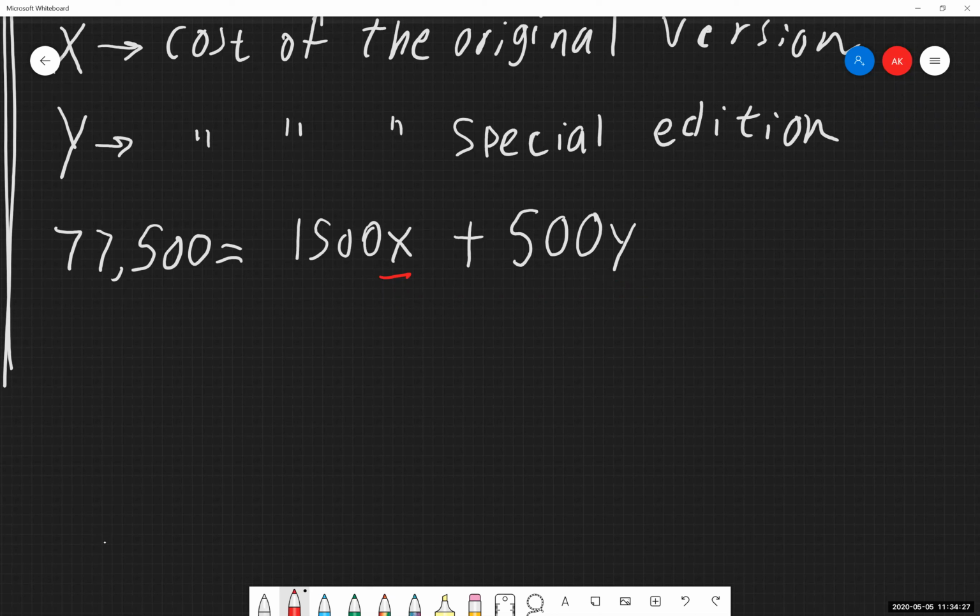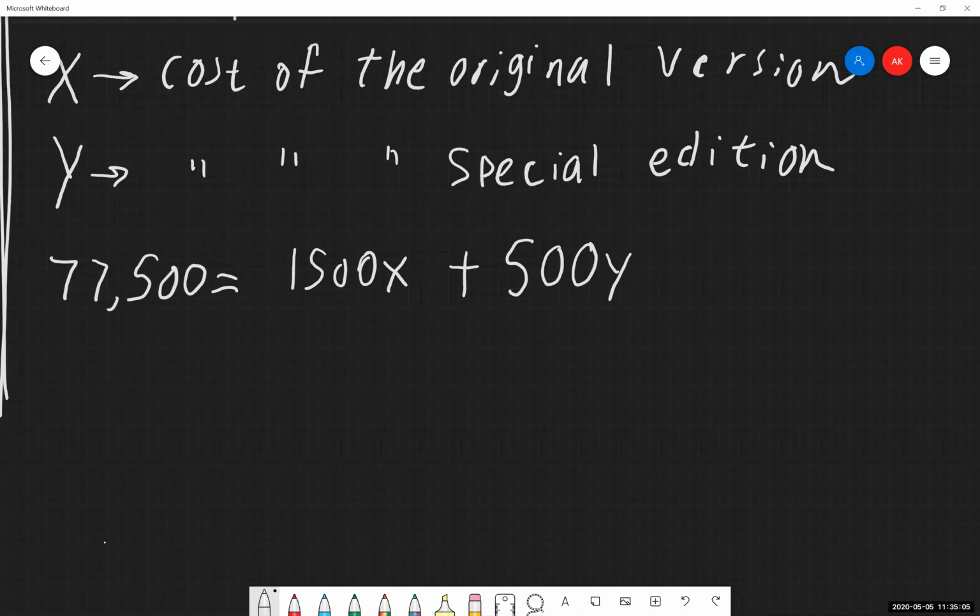So I need to determine, is there any information in the problem that tells me something about the relationship between the cost of the original edition and the special edition? So I'm going back and rereading the problem, because I want to try and find any other bits of information that I need out of this. We're told one is the original version, and the other is a special edition that comes with 25 unique unlocks in the game and costs $15 more than the original version. So I've just been given some information about the relationship between these two costs. I've been told the special edition costs $15 more than the original.